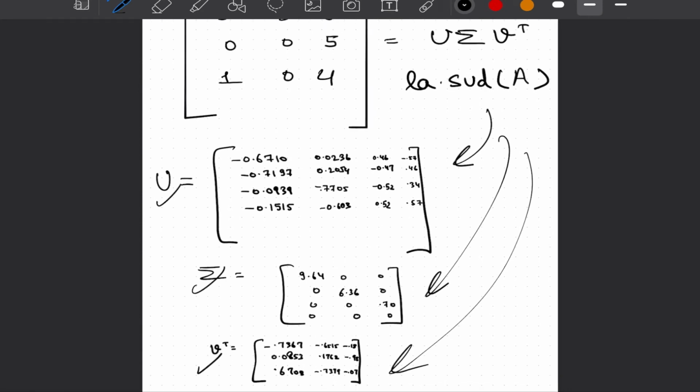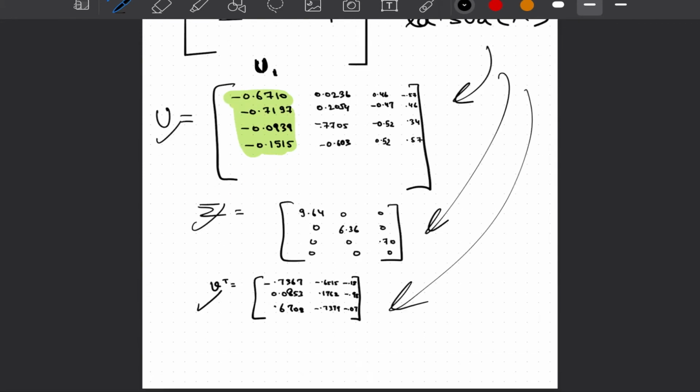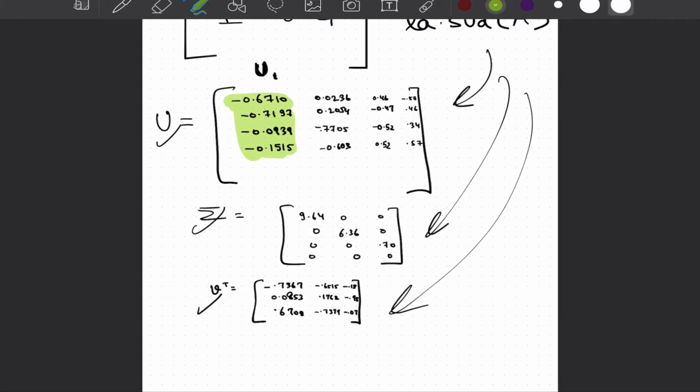Now, if we have to calculate the first approximation, we will take this vector, which would be our U1, and multiply it by the transpose of V, the first value that is occurring here. So basically the size here is 4 cross 1, and we will multiply it by 1 cross 3. At the end we have the resultant size of 4 cross 3, and then we will multiply this transformation that we obtained, that is U cross V, by the first sigma.